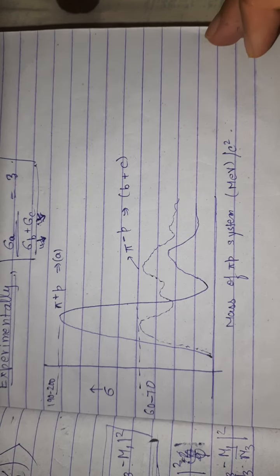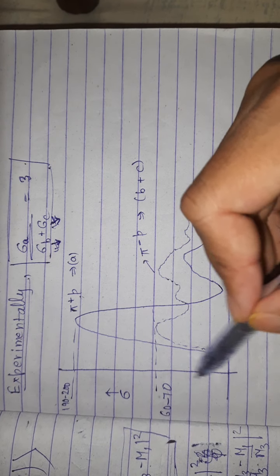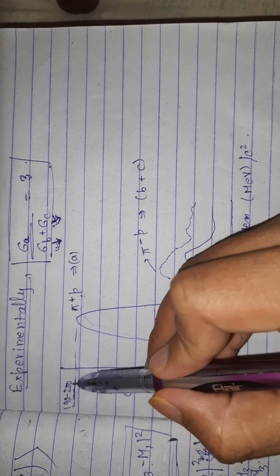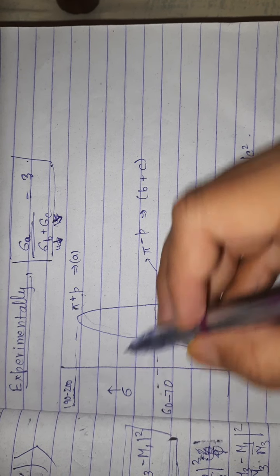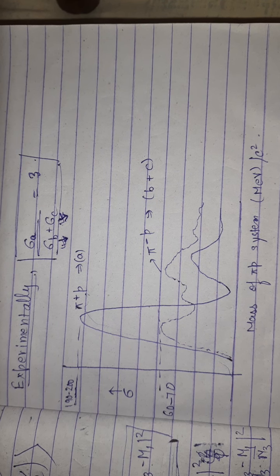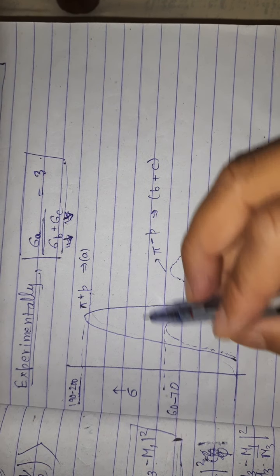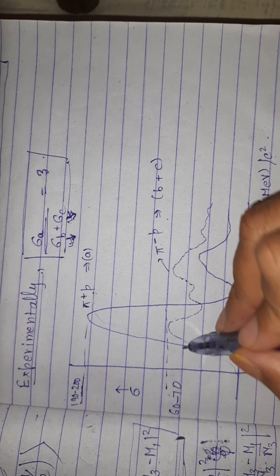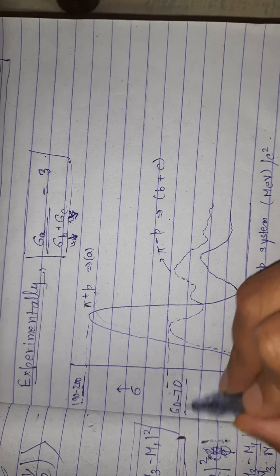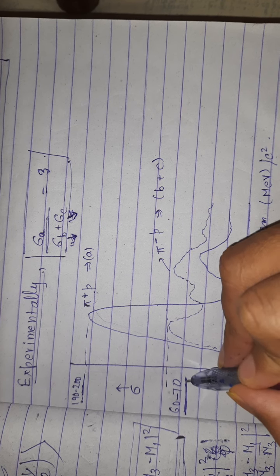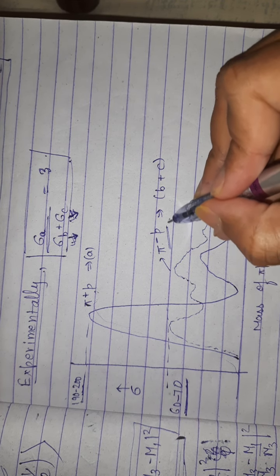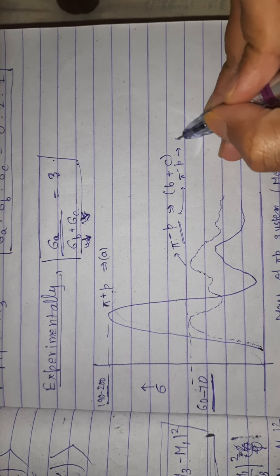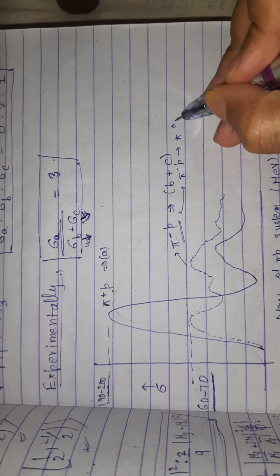You can see from this graph the cross section of pi plus p is from 190 to 200 millibarn. And in case of pi minus p, its cross section is from 60 to 70. And this pi minus p also includes pi minus p tending to pi 0 of n.